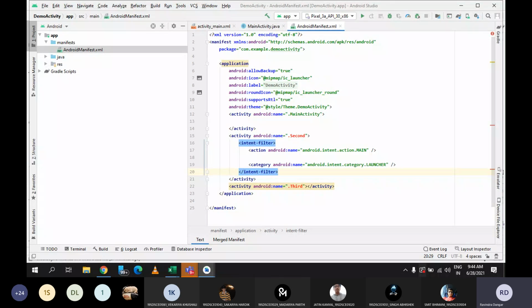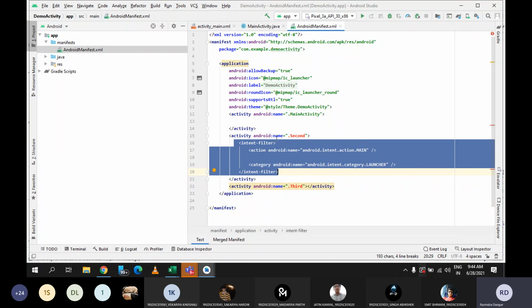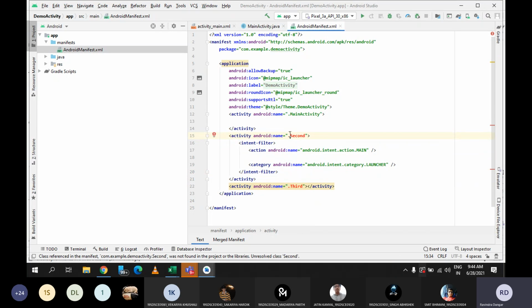And why is that activity getting loaded? Because the intent filter tag is defined in that activity only. But let's say in WhatsApp also, when you open the WhatsApp, when you launch the WhatsApp, then by default it shows the chat activity. Fine. By default, mostly you will find the chat activity. But now let's say I don't want to see the chat activity when I launch the WhatsApp, but instead of this, I want status activity by default. So for status activity, whatever name is there, it could be dot status.